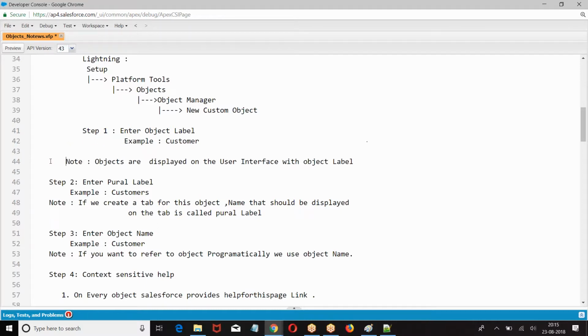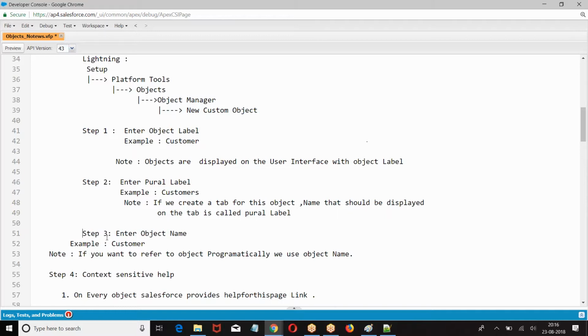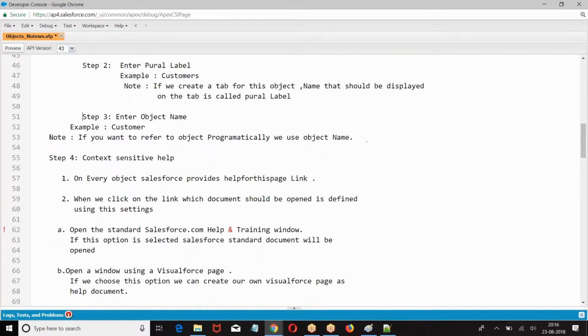Step 1, enter object name. Step 2, enter plural name. Plural name is the name with which the object should be displayed. Step number 3, object name, the name of the object with which you are going to refer to it.